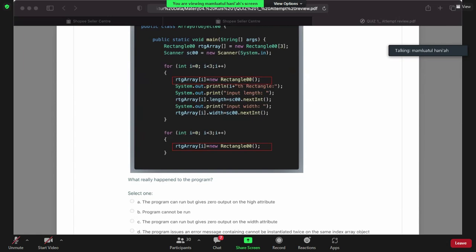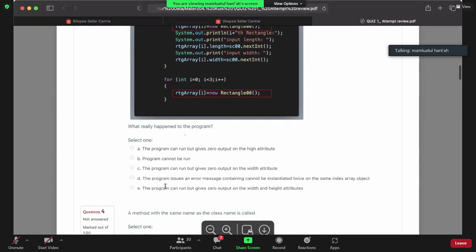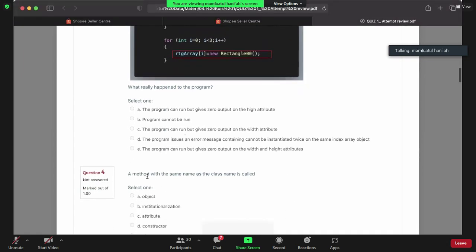Okay, I will open the next question. A method with the same name as the class name. Okay, Septian. Constructor, ma'am.